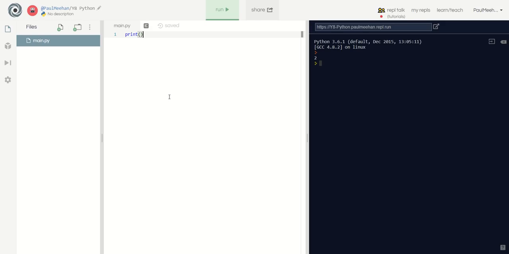In this tutorial, I'm going to show you how to output numeric or integer data and also how to output the result of a calculation involving integers. So to begin with, we're going to use the print command again. However, I'm going to put a little comment above this just so as a coder I know what the line